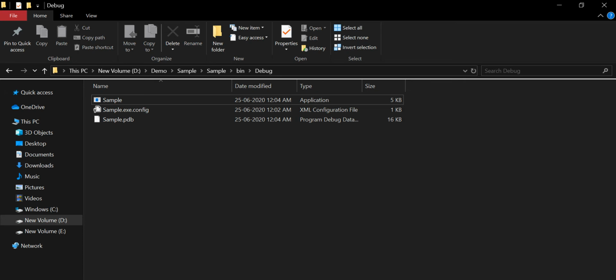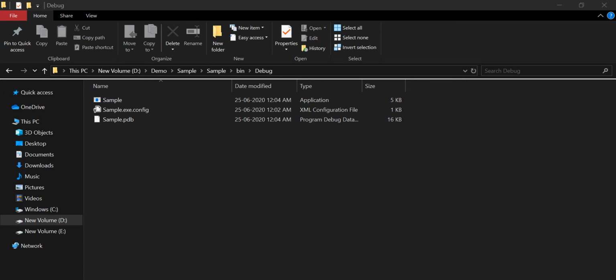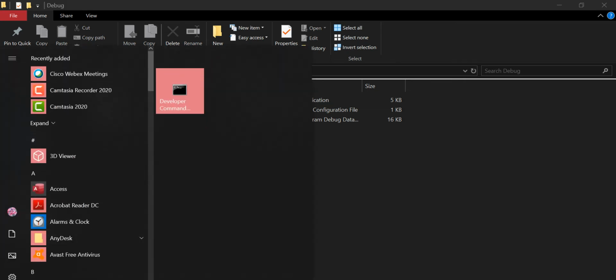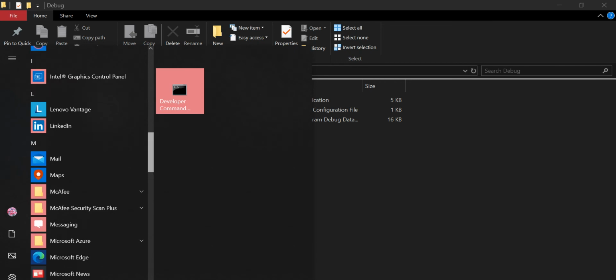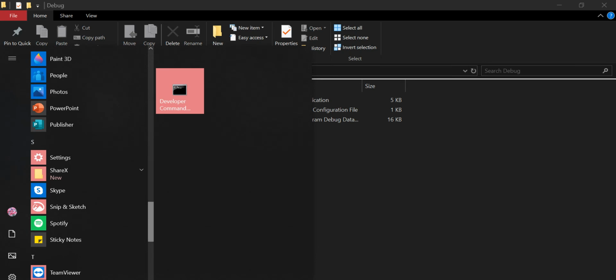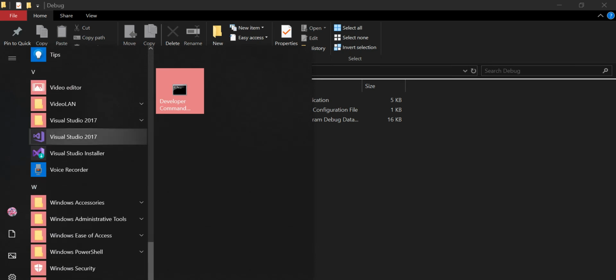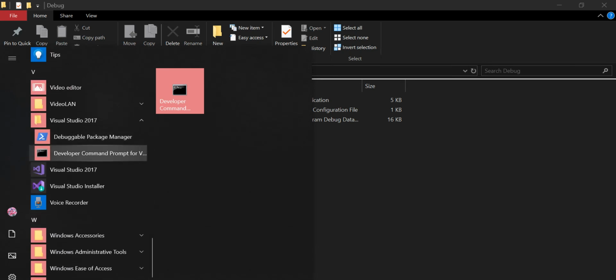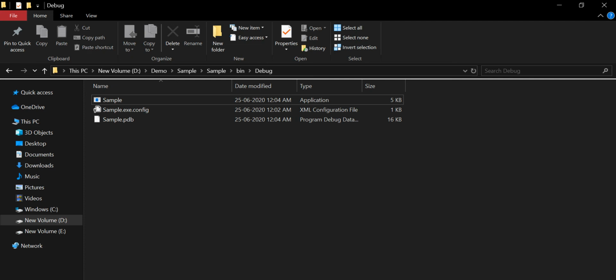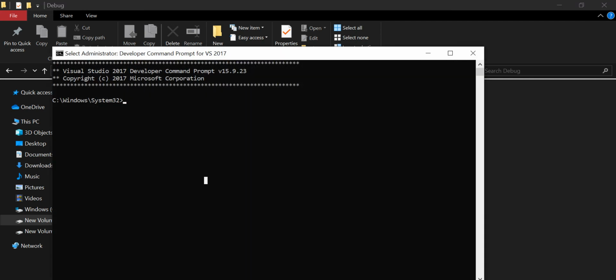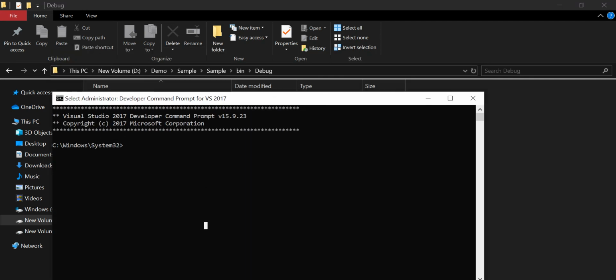So go to start menu. Here is our Visual Studio command prompt. This is our developer Visual Studio command prompt. Right click this one and run as administrator. Don't open it directly, run it as administrator. Here, what we need to do right now, we just want to read